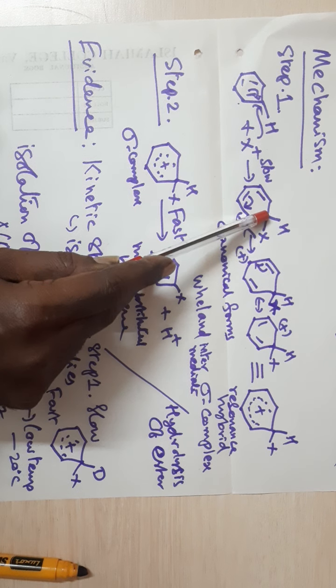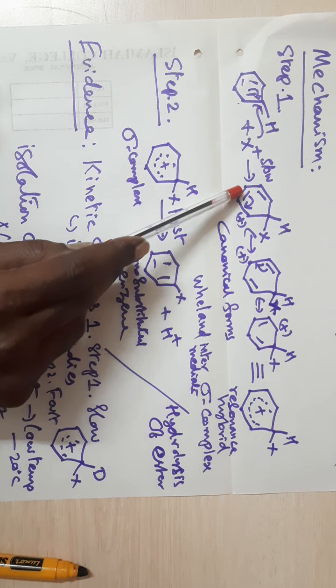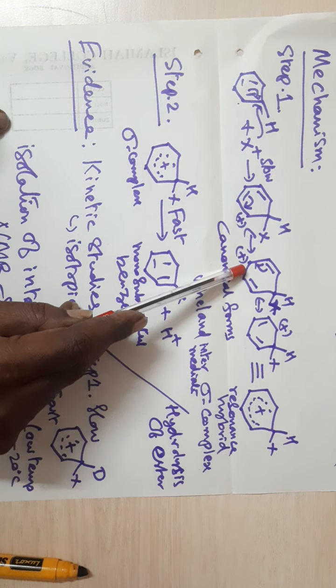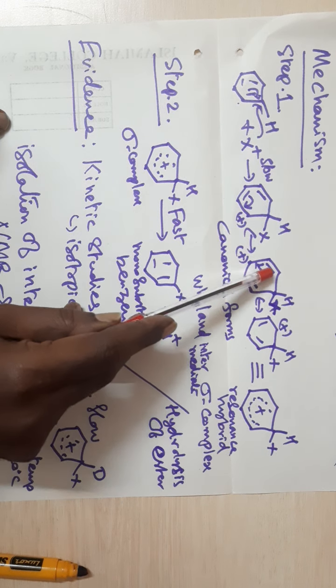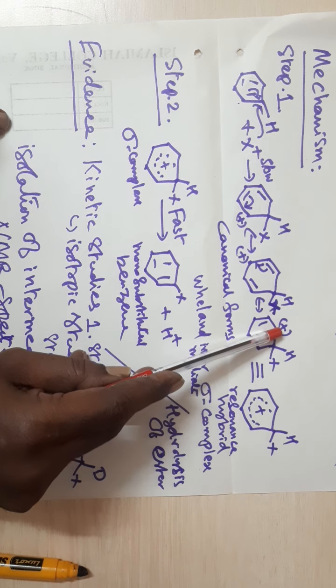Since the pi electron is delocalized, you get a positive charge. The positive charge is in conjugation with a carbon-carbon double bond. It can be delocalized, so you get one more resonance structure. If this is delocalized, you get another resonance structure. The positive charge comes to this carbon.